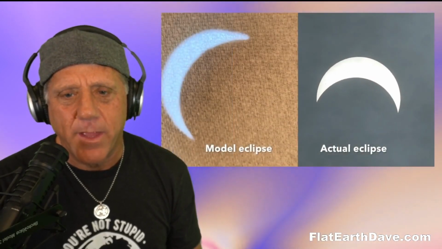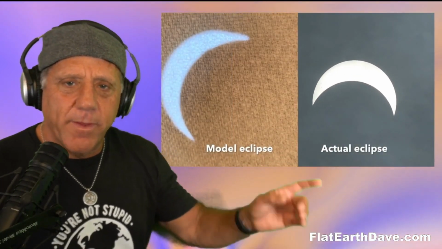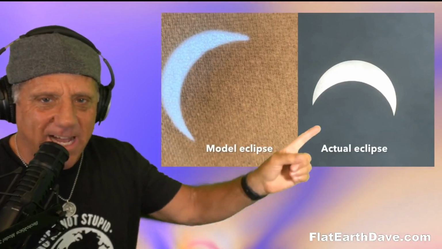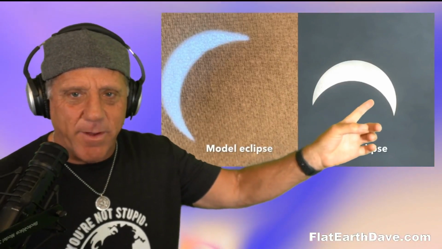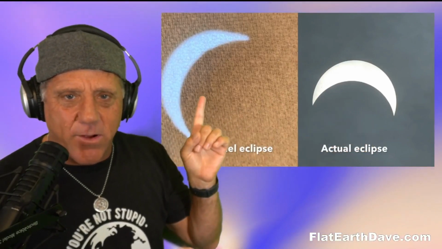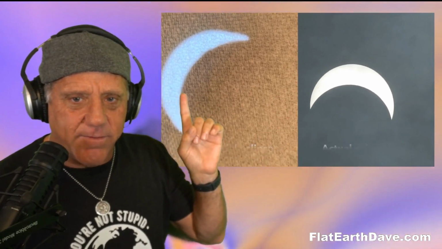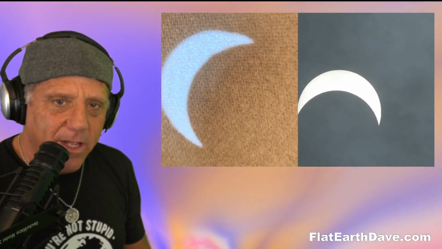Let me show you my little model, okay? And so here's an eclipse that I filmed. This was 2 eclipses ago. And there were little chemtrails in the sky, so it actually made it really easy to film it without blowing it out. And here is what I call my paper towel sky, which is a rear projection of my manufactured eclipse. So let me show you how I did that.